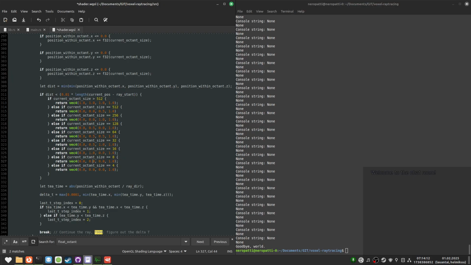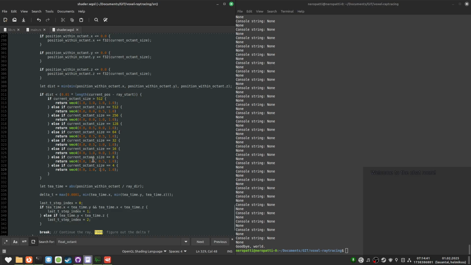Yep, I'm running out of octant sizes. 0, 0.5, and 1 here. 0.5, 1, 0.5, 0, 0.5, 0.5, 0.5, 1, 0.1, 0.